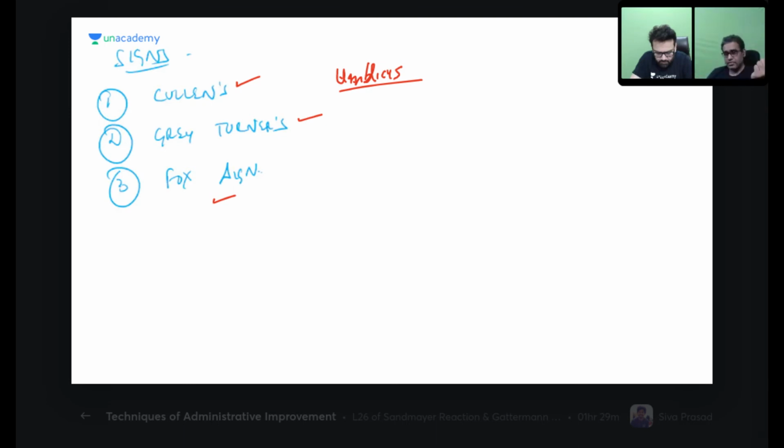Other sign is our Grey Turner sign. Grey Turner sign is around the flanks. Obviously, flanks is very easy because this whole is the posterior abdominal wall. So initially, normally it goes to the flanks. Grey Turner sign comes off initially because they're at the same level behind the peritoneum. Around the flanks, we see some discoloration. Okay, that is Grey Turner sign. Cullen sign can come later on. Yes, the Fox sign is also there. Not as common, but it is still relevant to the inguinal region.